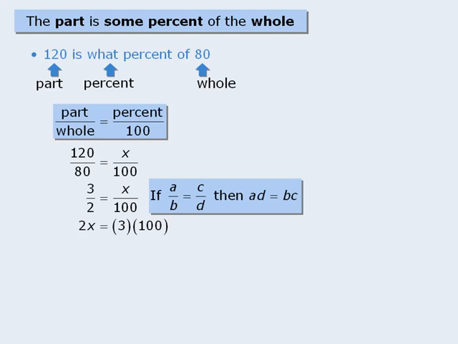From here, we can simplify the right-hand side and then divide both sides by 2 to get x equals 150. So 120 is 150% of 80. Now, as I mentioned at the beginning of this lesson, the strategy shown here is one possible approach to solving